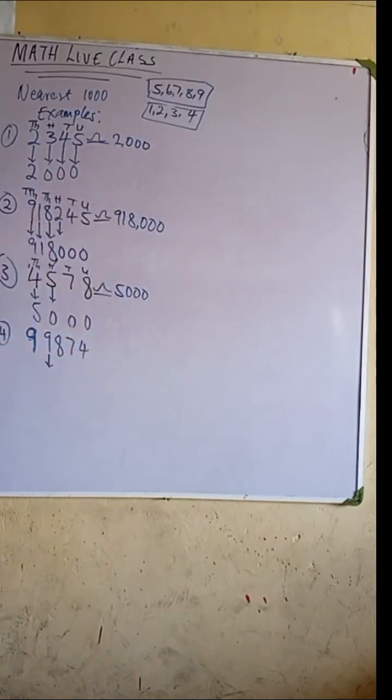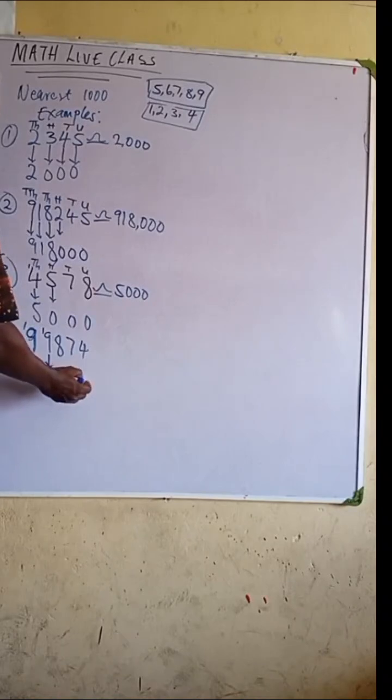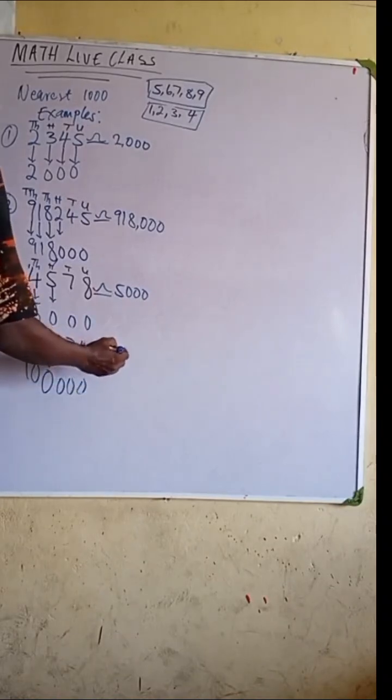Now the 100 digit, is it up to a number you can round up to 1? Yes. So we round it up to 1, add to the 1,000 digit. Now adding to the 1,000 digit, this becomes 9 plus 1, 10. We write 0 and carry 1. 1 plus 9, 10. What will happen to other numbers? You replace them with 0. So this gives